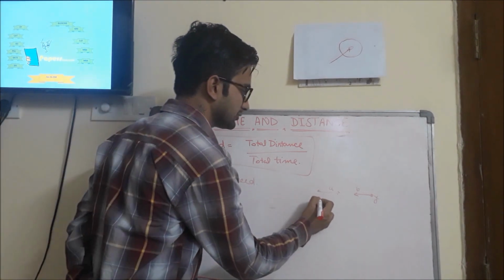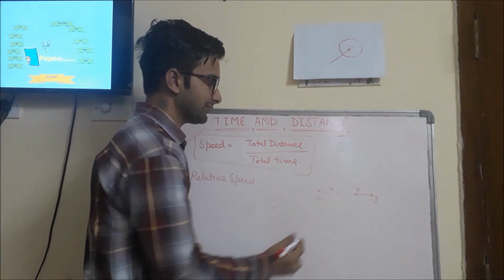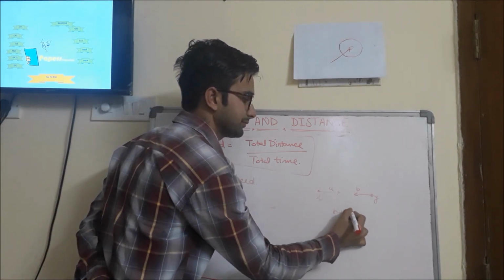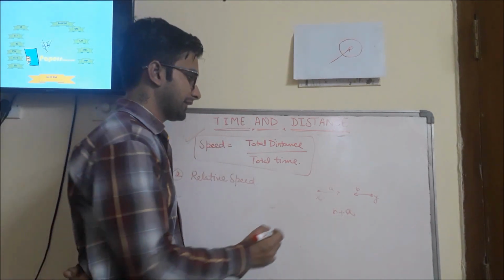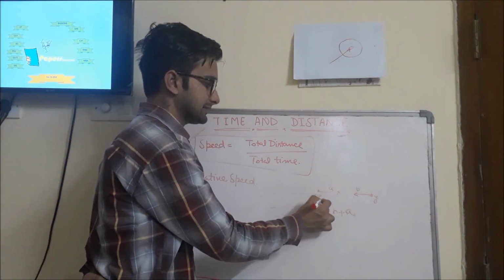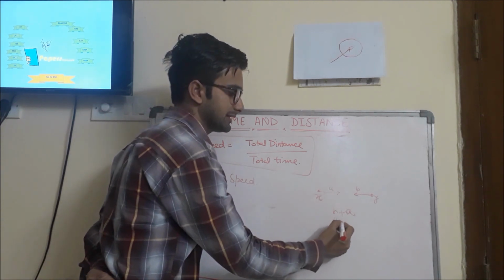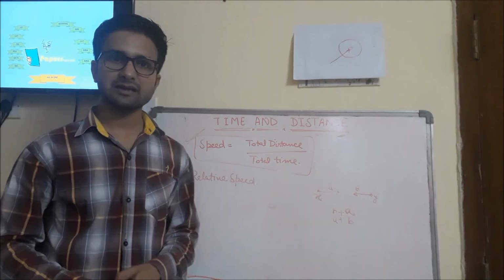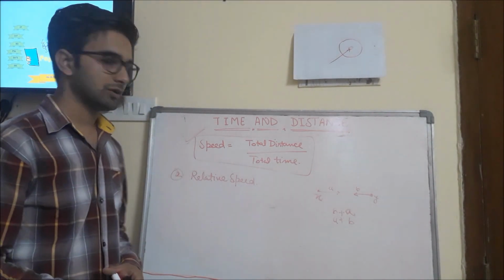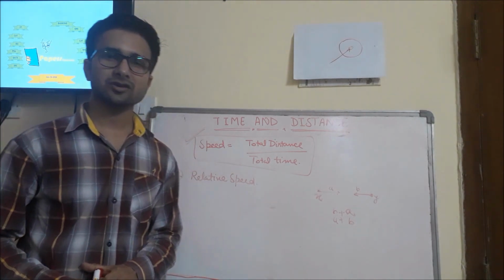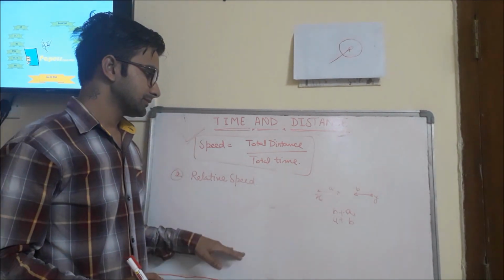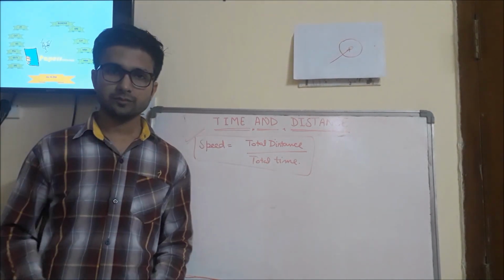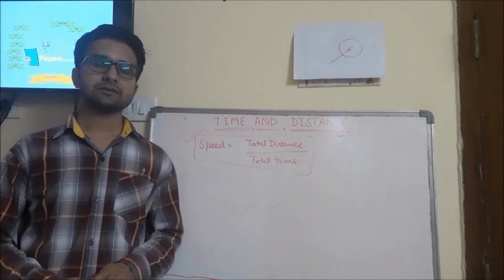So when x looks towards y, he will find that y is moving with a speed of b plus a. And when y looks at x, he will find that x is also moving with a plus b speed. So this is the concept of relative speed we will be applying in multiple questions, for mathematically formulating the questions and solving the equations. Okay, after this we will start with some questions.